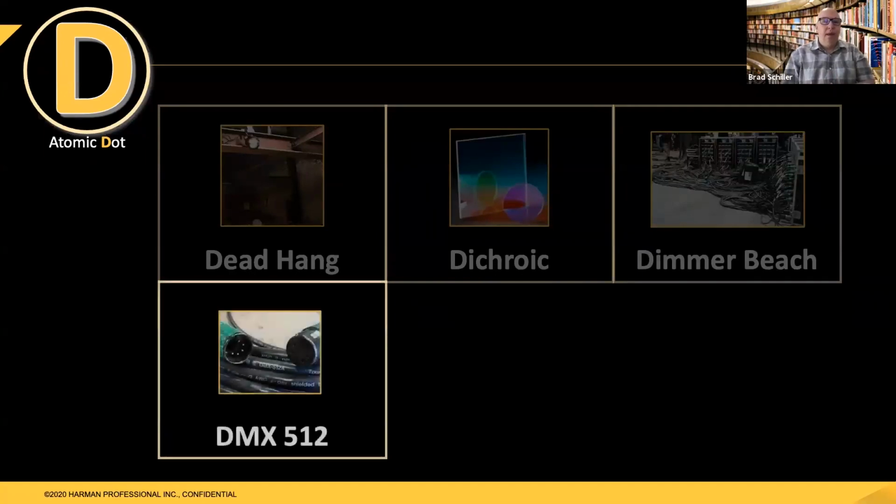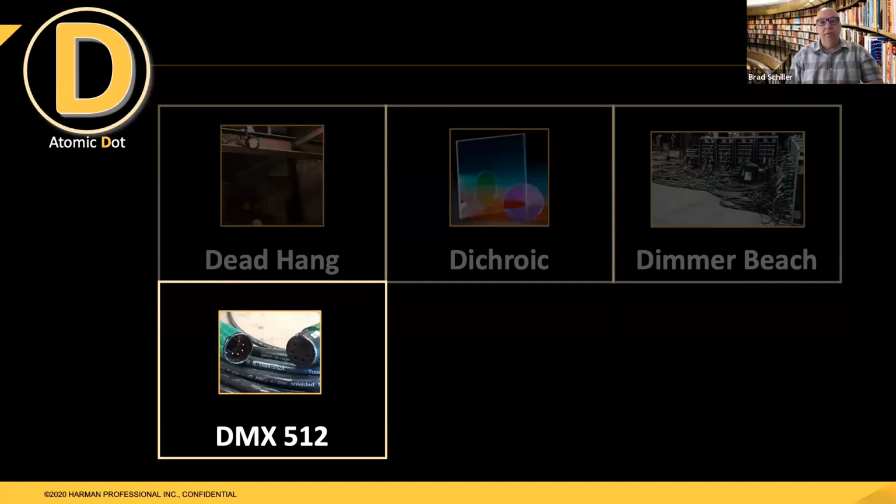Now, I couldn't have this presentation and not talk about DMX512. DMX512 is the industry standard protocol that we use for controlling our lighting products. Now, of course, there are a few other protocols that can be put to use. But overall, DMX512 is the standard because it's a very robust and very simple system. Now, it was made official in 1986, and it again is the main protocol.